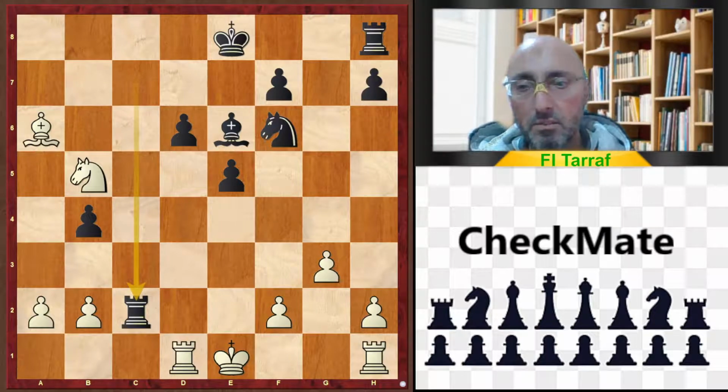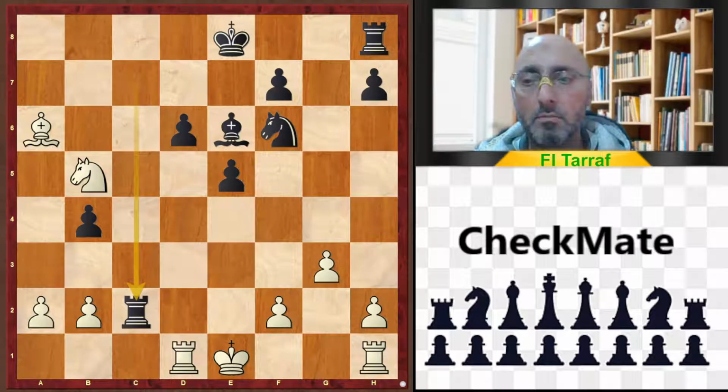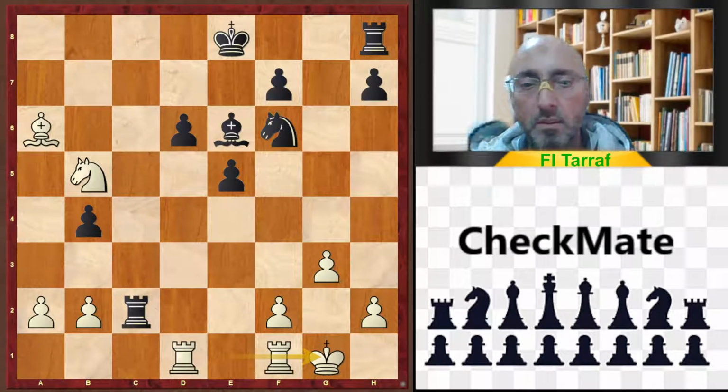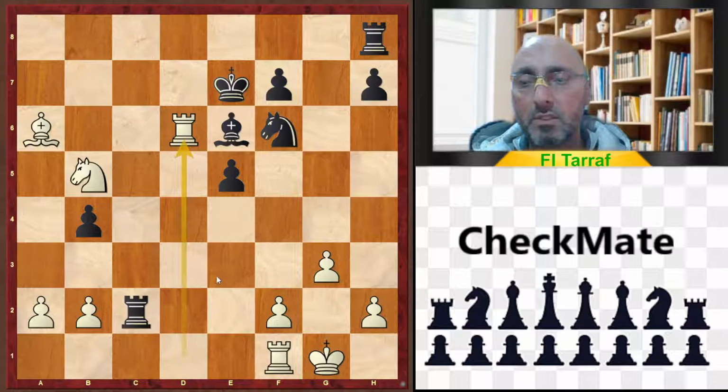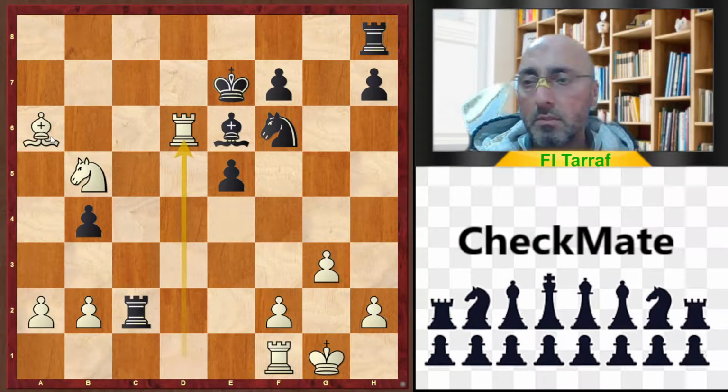And as mentioned, now instead of having the initiative for white, he starts to defend or to have a passive position. Castles and king to e7, and now the other rook is ready to join the game. Rook takes d6, and as you see now,